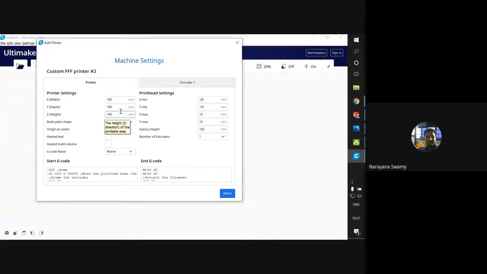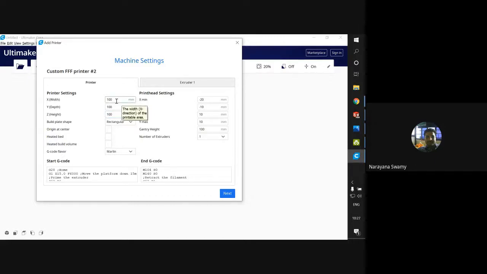Even when you buy it, they may ask what bed size you want for printing. Even when a customer approaches us, we tell the same thing: this is the limitation of our machine. If your product fits into this area, we can proceed.